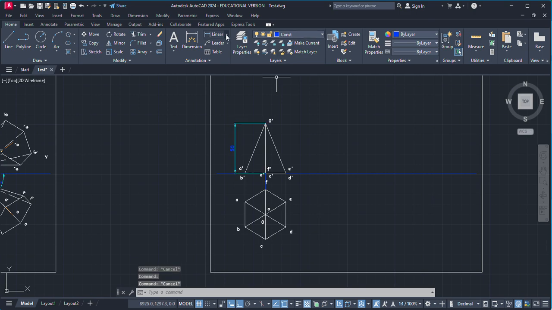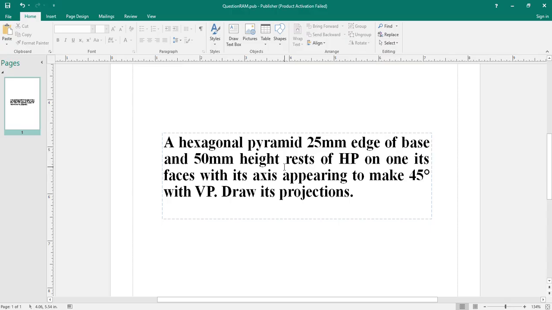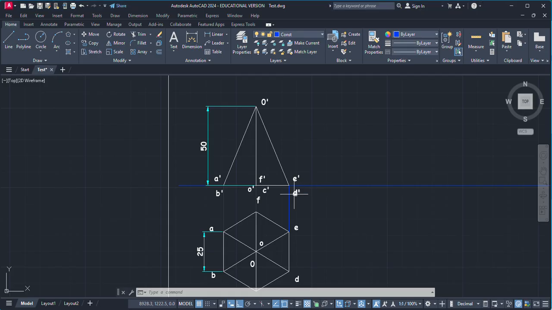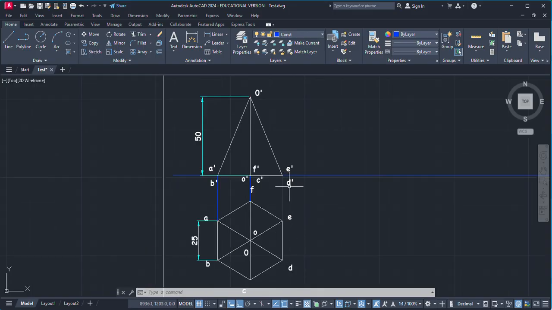Okay, now what should we do is, as per the second condition, the pyramid is resting on one of its faces. As you can see, this point here represents two corners, E and D. These two points are connecting to this top point. So when we connect E, D and O dash, E, D and O, collectively they will make a triangular